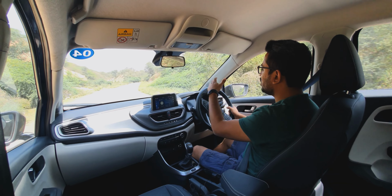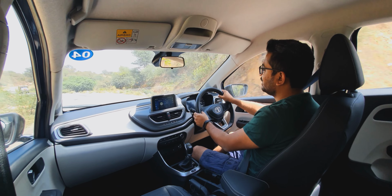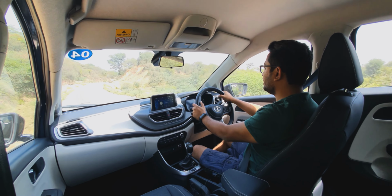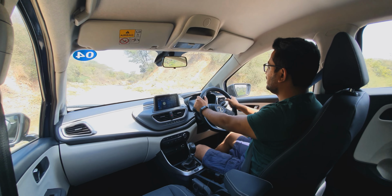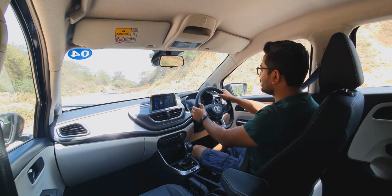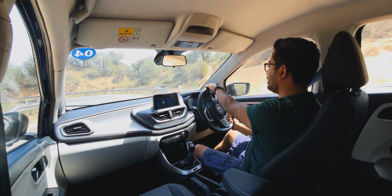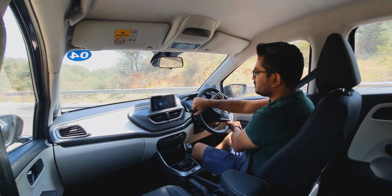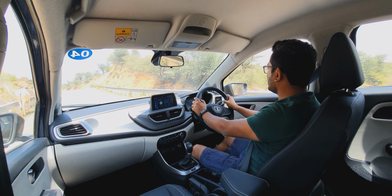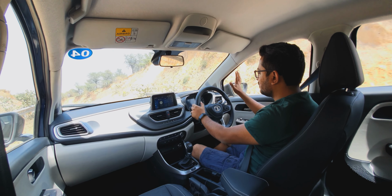This dual clutch automatic gearbox in the Altroz has 6 ratios, a 6-speed gearbox, and the top 3 gears are pretty tall. The lower 3 have shorter ratios. But in between the 3rd and the 4th, there's a bit of confusion because the revs really drop down when it switches from the 3rd at a regular RPM to 4th, which makes pushing this car on the highway a bit of a pain. But we've just kept the car on drive